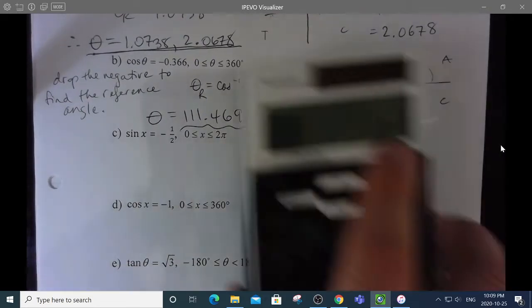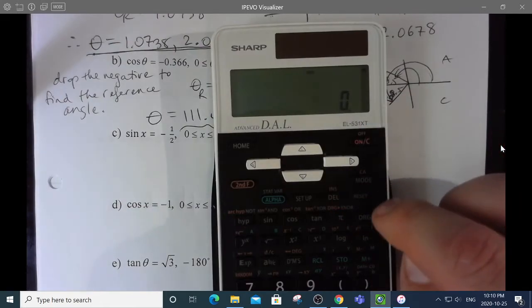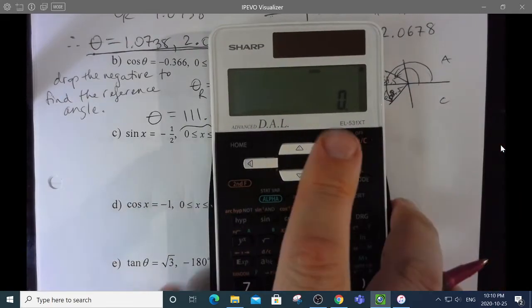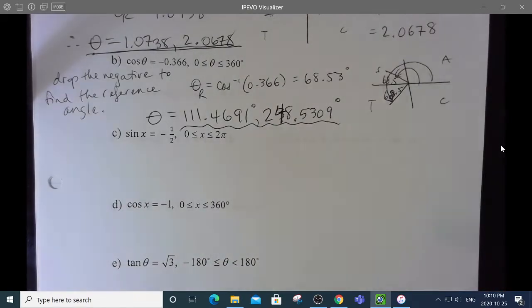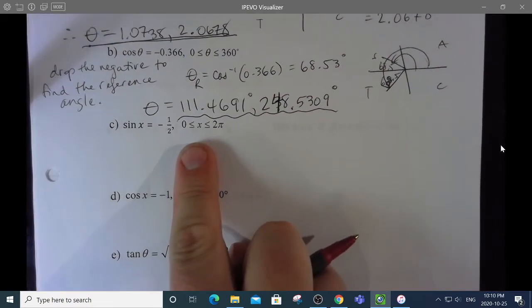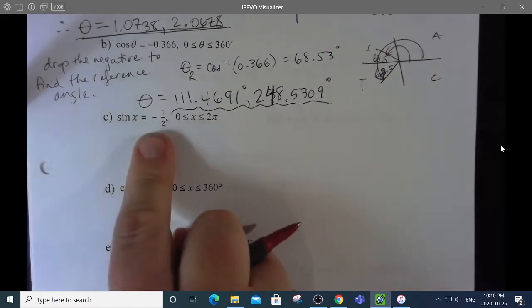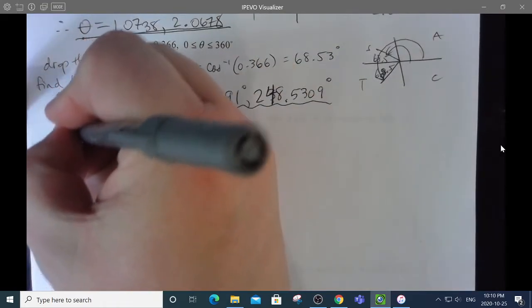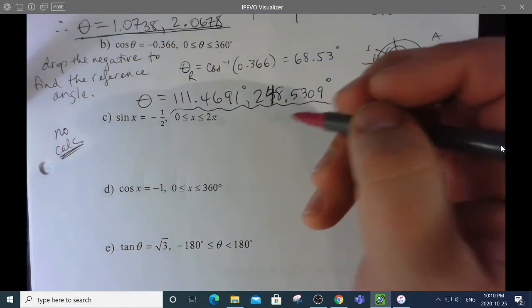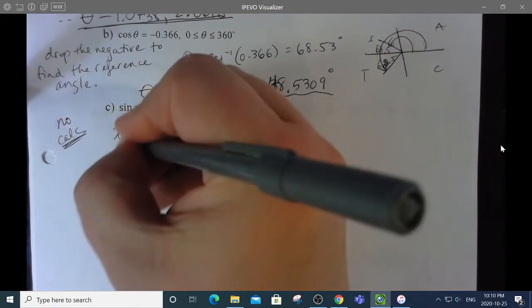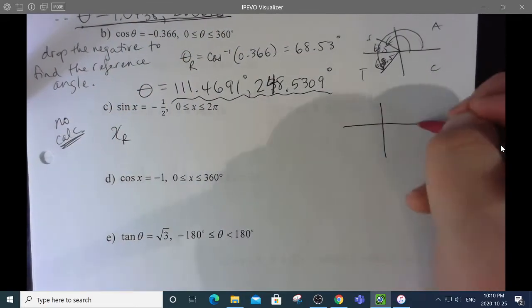Back to radians. There we go, radians. I don't think I need a calculator for this actually, now that I think about it. That one's on my unit circle, no calculator. That one's on the unit circle. So where is sine 1/2? So again, what is my reference angle? Sine is 1/2